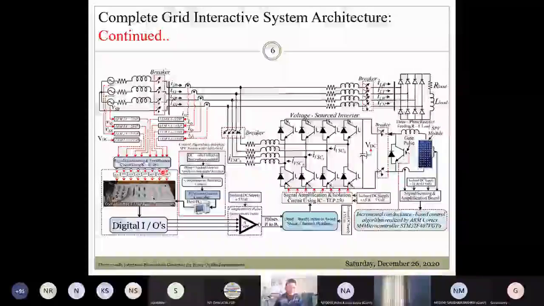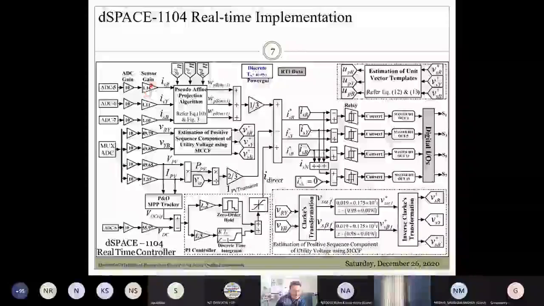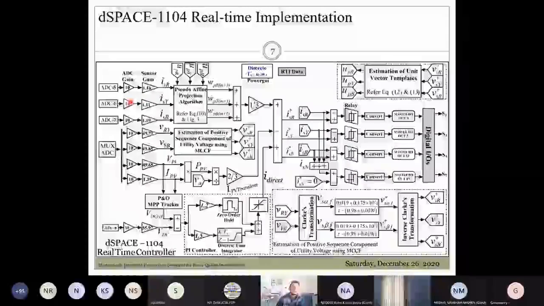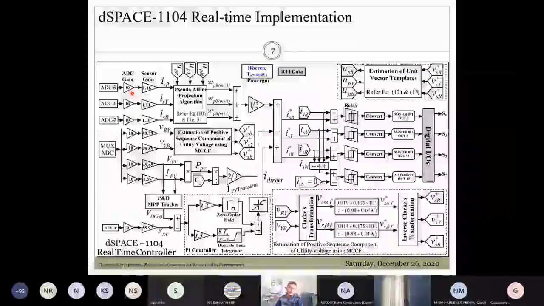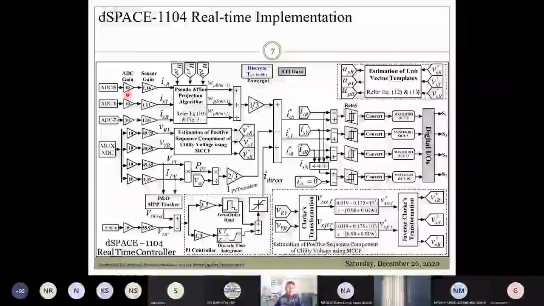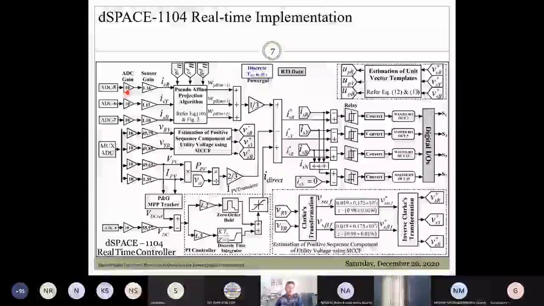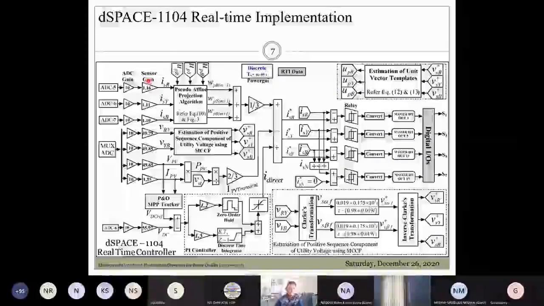applied to the DSpace 1104, it is worth highlighting that the DSpace ADC of the DSpace 1104 has a gain of 1/10. This is the inherent gain of the ADC. It is there because it protects the ADC from high voltage signals, in case you have applied more than 10 volts. So let's say you have given a 50 volt signal to this ADC. Inside the controller, it will be considered like 50/10, so a 5 volt signal, which is well within the acceptable threshold of plus or minus 10 volts.